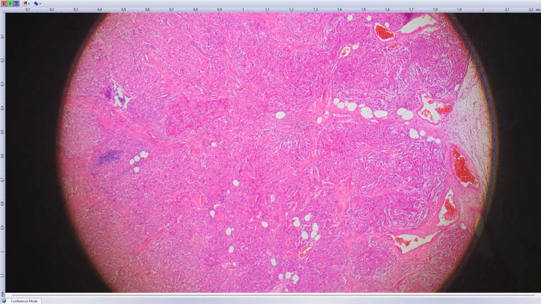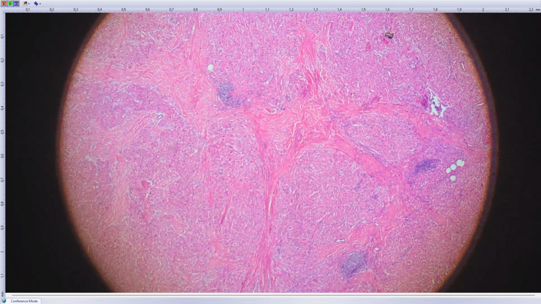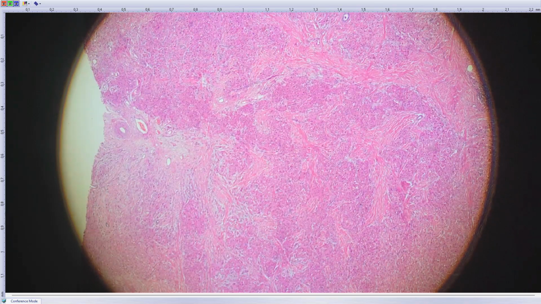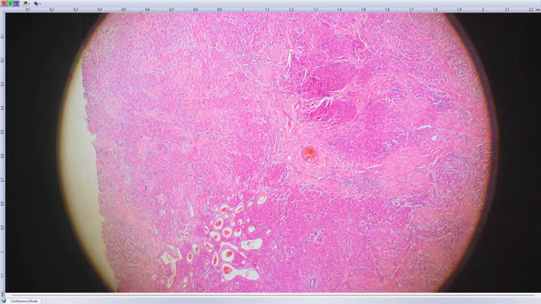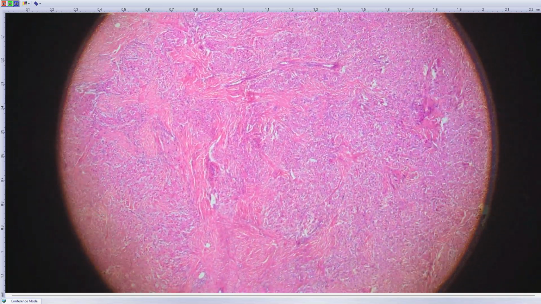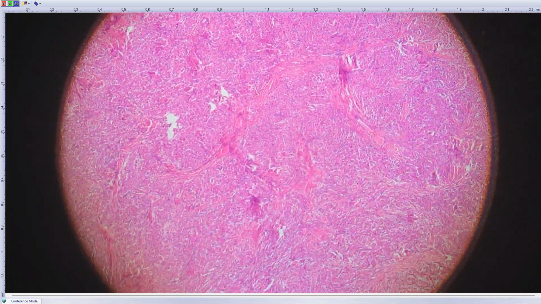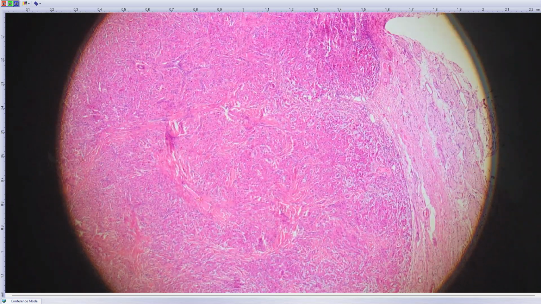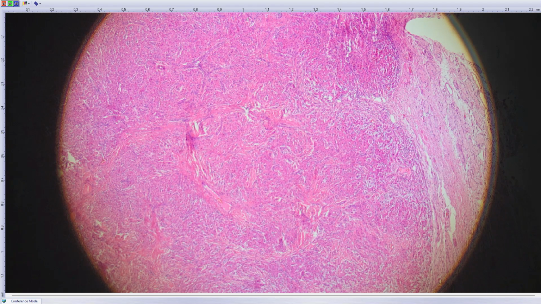It was a young man, born 1988, and the most important clinical information was the presence of adrenogenital syndrome in this man. And in men with adrenogenital syndrome, the typical lesions occurring in the testes are so-called tumors of